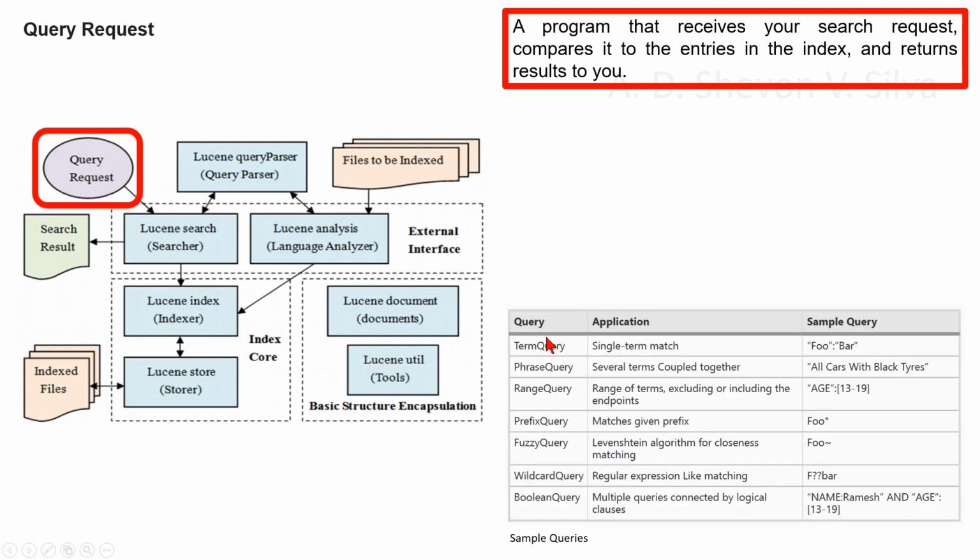Here you can see sample queries. Here the query application and sample query. Here for the term query application, single term match. Here the sample query colon bar. Phrase query, several terms coupled together, all cars with black tires. Here range query, range of